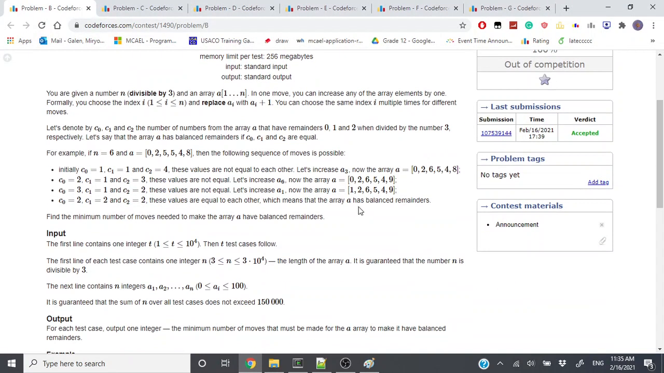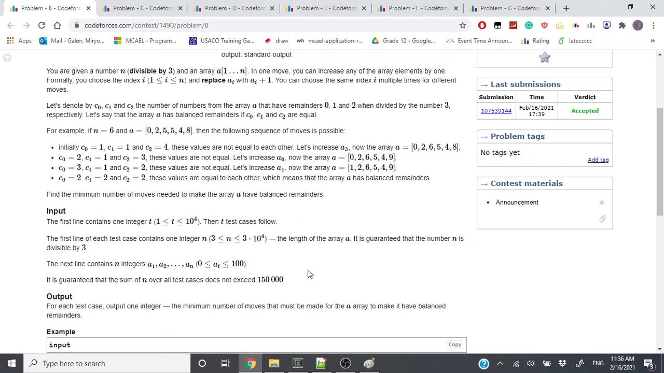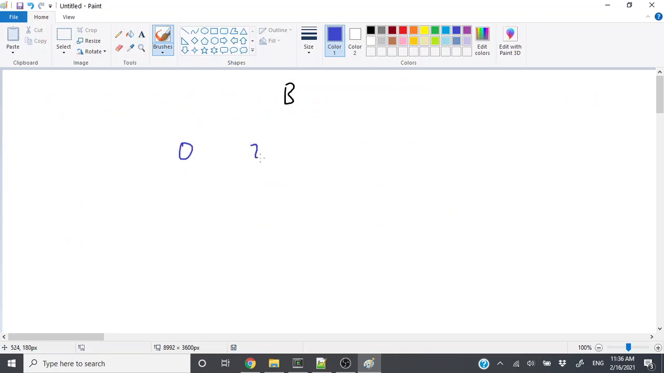For B, you have a number and an array. Or you have an array of size n. And basically what you want to do is, in one move, you can increment an element. So you can make it plus 1 and make it equal to 6 or something. And what we want to do is